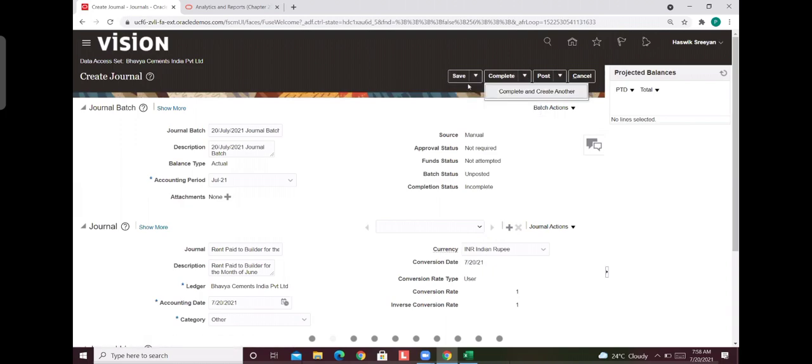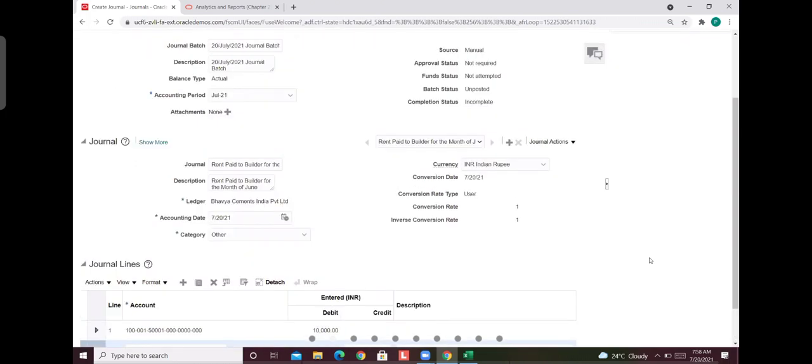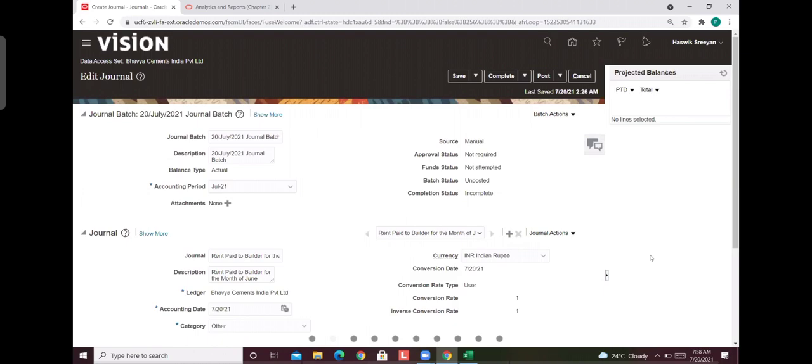Complete, or can you post. Sir, if we save and the debit and credit transactions are not tallied, then what happens? Then we will test that scenario. We will test the negative scenario. Sir, for every entry we need to pass debit and credit.